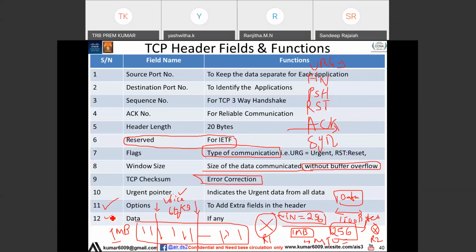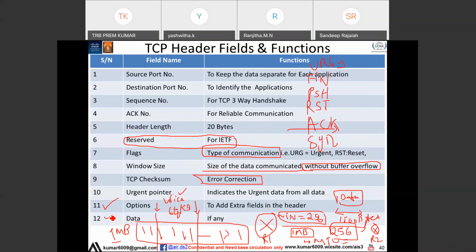When a switch or router or anybody sees that packet, the first thing they'll see is the flags. When they understand the urgent pointer flag is on, they'll understand this is a priority packet, so they will put it in a different queue. In QoS, we have different queues. They put it in a voice queue or urgent queue, depending on the policy. To differentiate whether a packet is urgent or not, we use this.